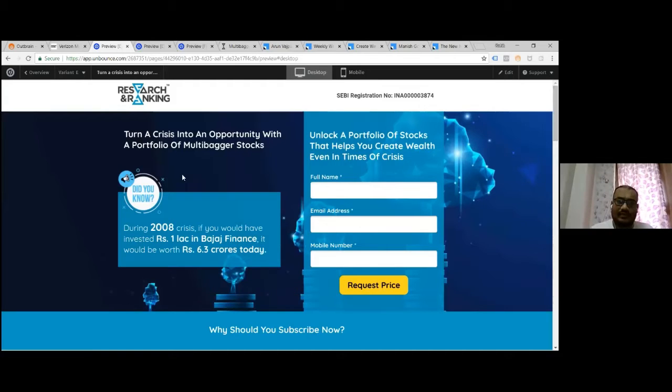Now, if you look at this landing page, the story is very, very clear. I'm just going to read out the story for you. So during the 2008 crisis, if you would have invested rupees 1 lakh in Bajaj Finance, it would be worth rupees 6.3 crores today, right? That is the story of this. So this is the first thing that the person sees when he comes on the landing page, right? That's the story. Right. The second element